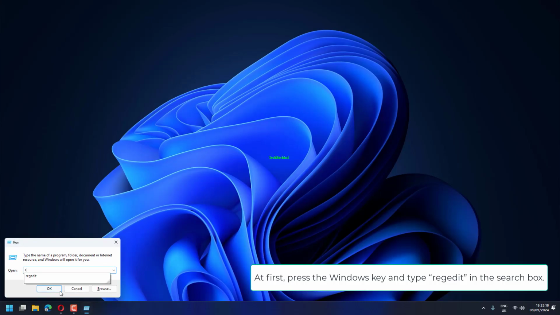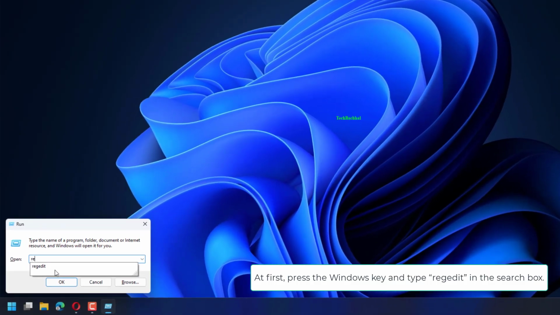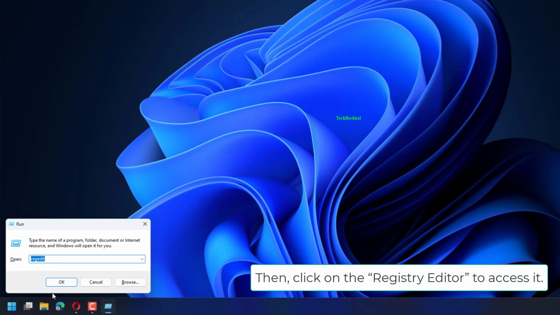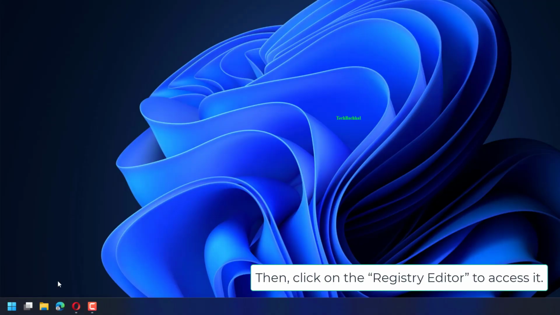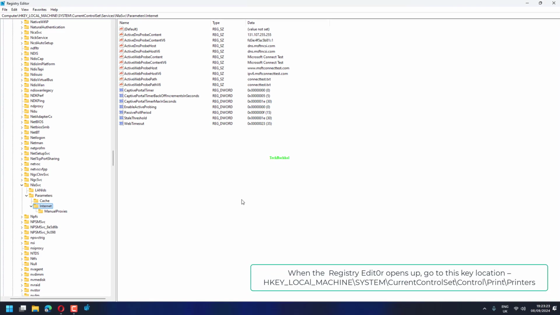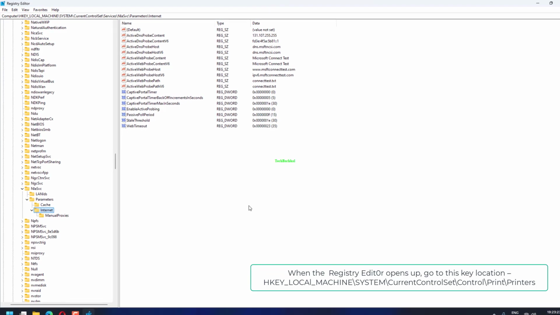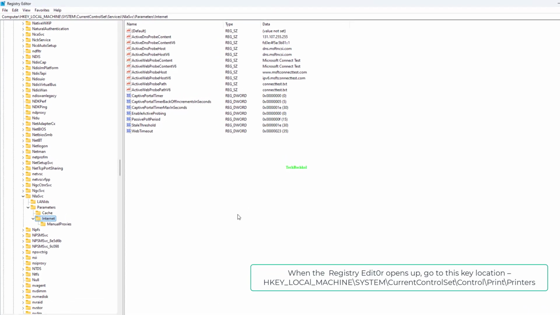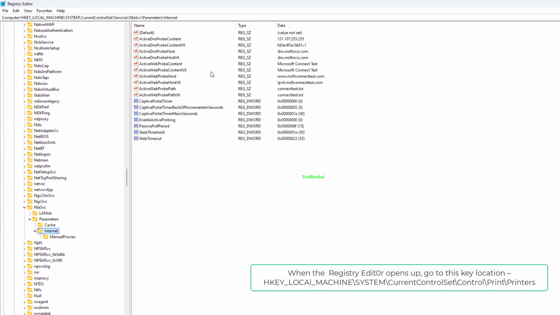At first, press the Windows key and type regedit in the search box. Then, click on the Registry Editor to access it. When the Registry Editor opens up, go to this key location, HKEY_LOCAL_MACHINE\SYSTEM\CurrentControlSet\Control\Print\Printers. Now